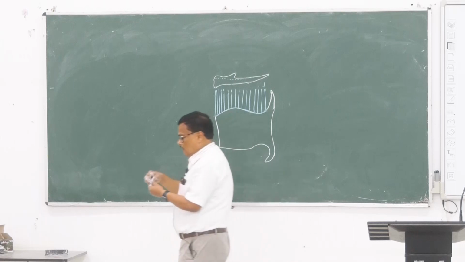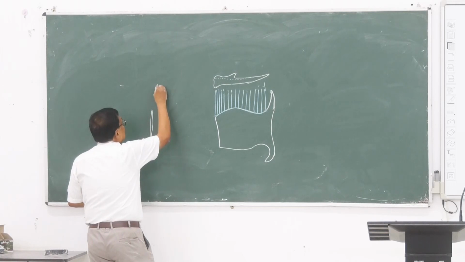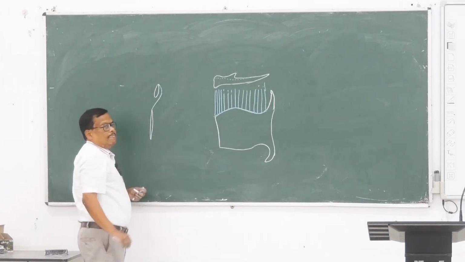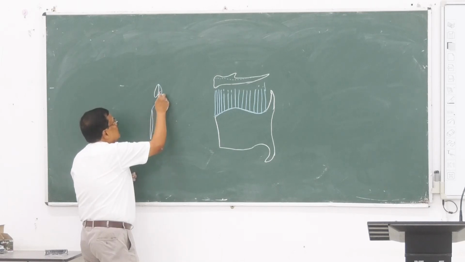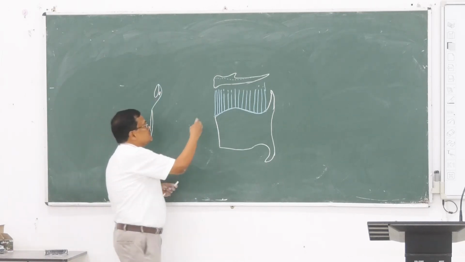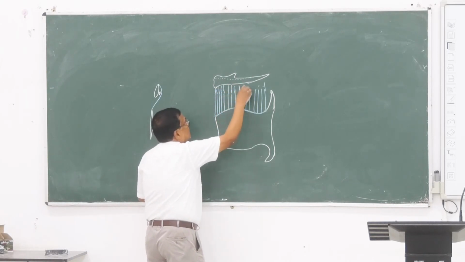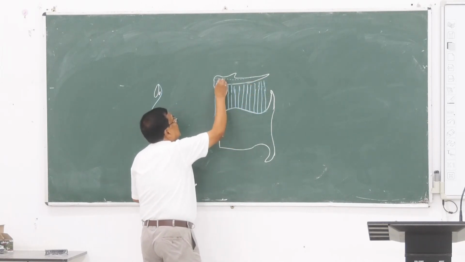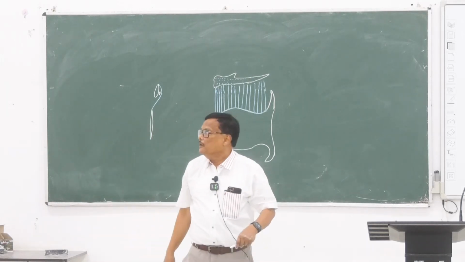If we see a side view like this, if this is the thyroid cartilage and this is the hyoid bone, it is attached in this fashion and separated by a bursa known as the subhyoid bursa. So it is attached to the upper border of the hyoid bone. And this membrane is known as the thyrohyoid membrane.